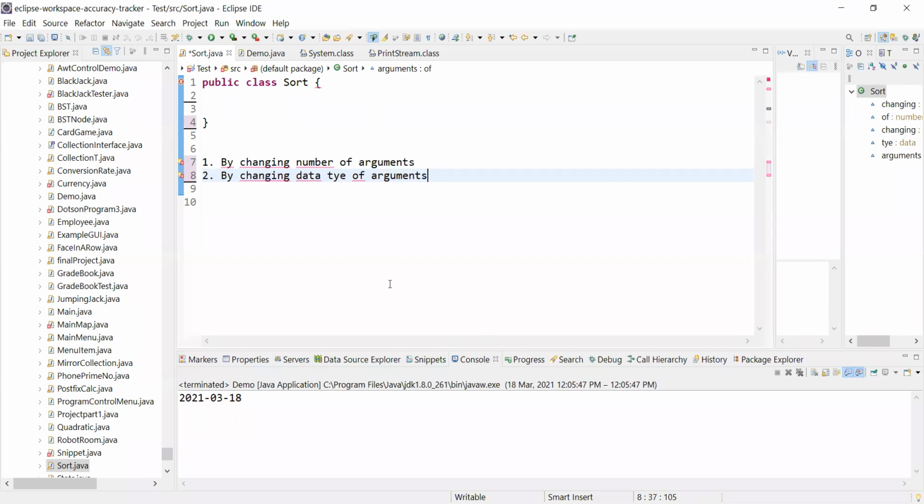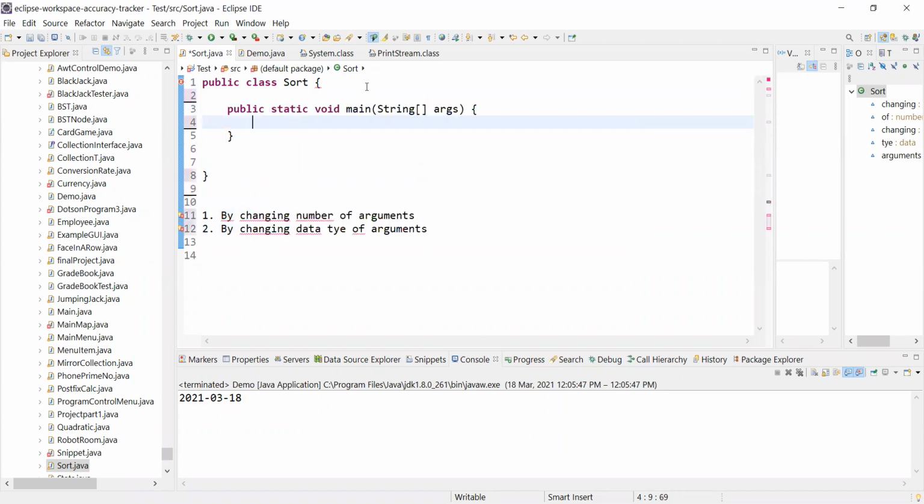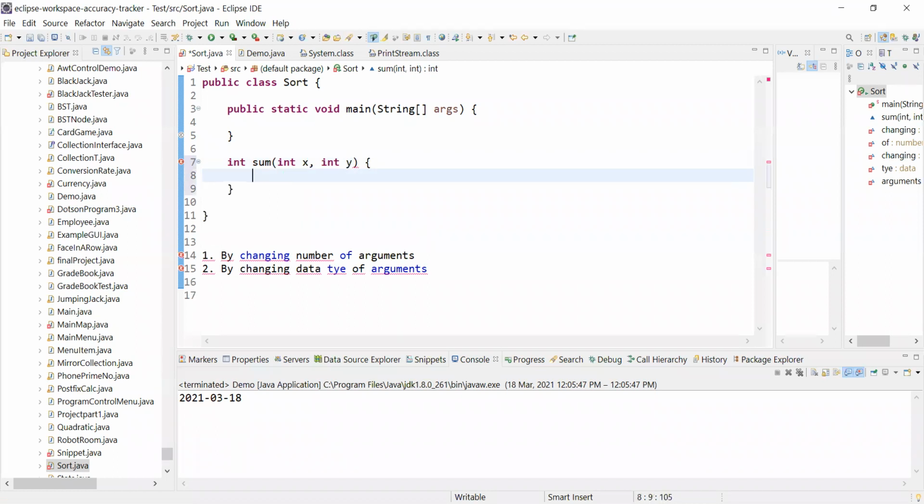We'll see different scenarios. Let me start first with an example of how we can define this. This is the class we have, and in this class we have the main method. Now what I am doing is defining a method, int sum, taking int x comma int y, and then return x plus y.